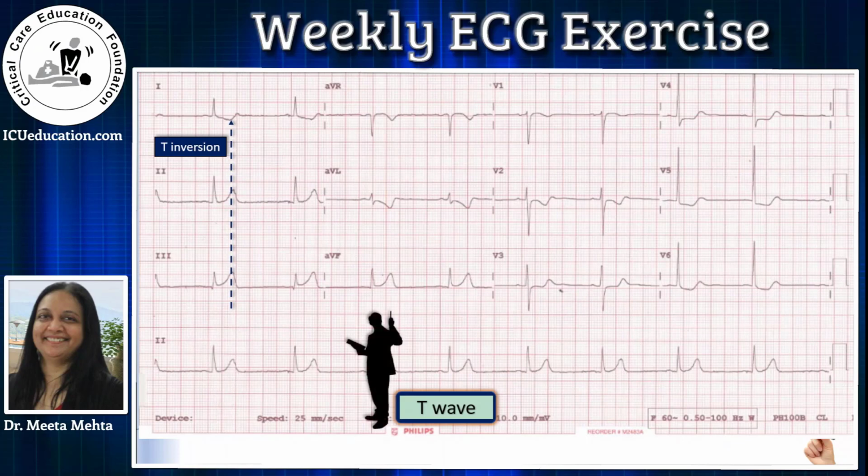Now, lead AVR shows T wave inversion, which is normal. Normally, you will have T inversions in AVR, and lead V1. Of course, in lead V1, you can have T inversion or upright T, but in both cases, you may have a normal T wave. So if you look at lead AVL here, and you want to figure out whether there is a T wave inversion, let's draw a line from AVR T inversion peak. And if I draw a line, there is a definite T wave inversion in AVL.